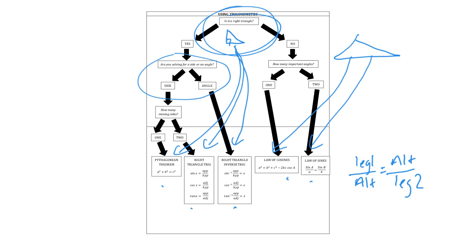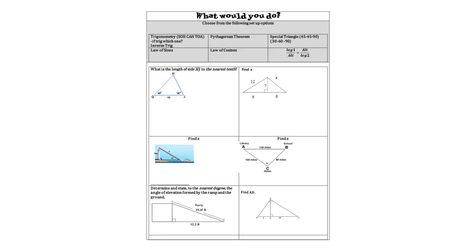All right, so let's go to the next page and we'll see when we should use each thing. You could flip back or rewind back to this flow chart if you get stuck. So this is kind of just another skill drill. What I want you to do is figure out which of the following you would use. So here's all your options up in this top gray box, and you have to choose one of those options